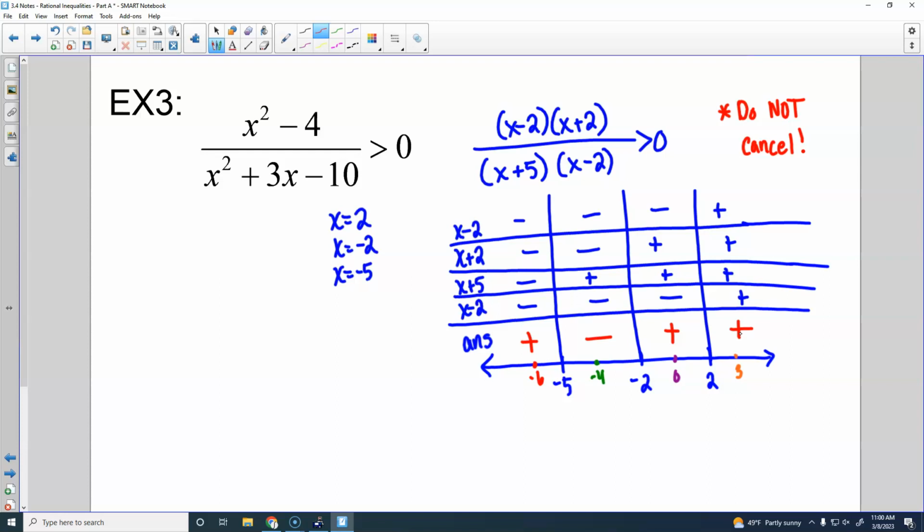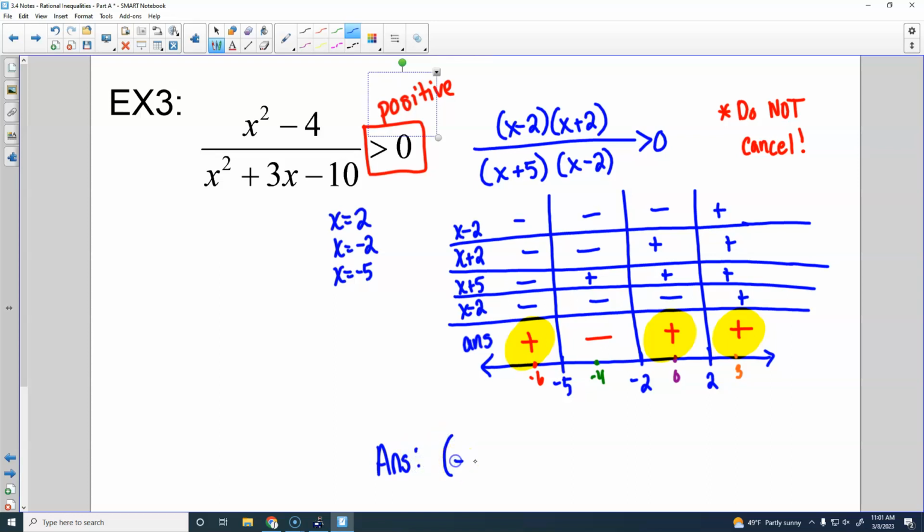Okay, so for this problem, the reason that we always make sure everything is on one side, which we haven't had to worry about for these problems, is because we want this to be either greater than or less than 0. Greater than 0 would be positive, less than 0 would be negative. This is greater than 0, so we are looking for answers that are positive. So whenever we get this, any region that is positive is going to be part of our answer. Okay? So for this, our answer